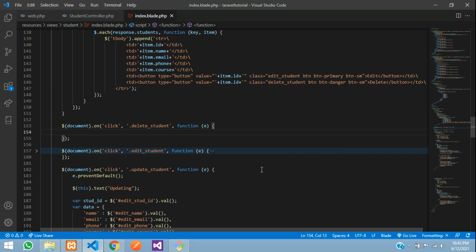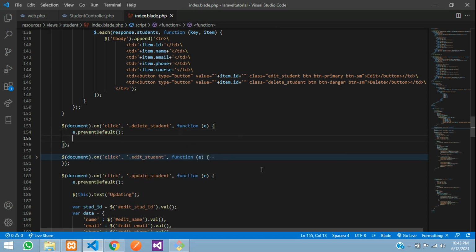So event dot prevent default function, and now let's create one variable called student_id is equal to $(this).val, where you will get the value of the student ID.